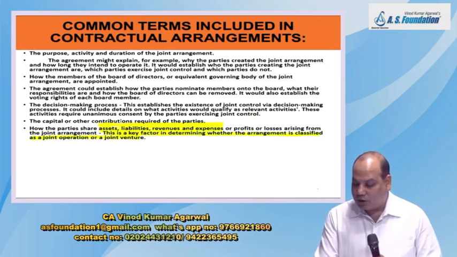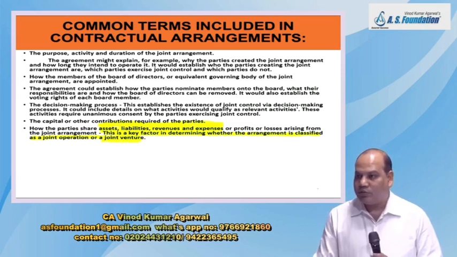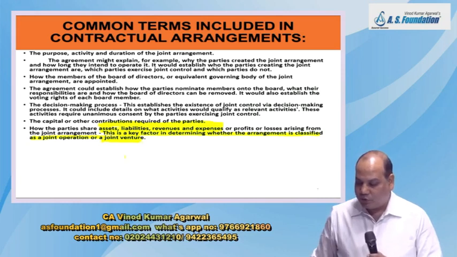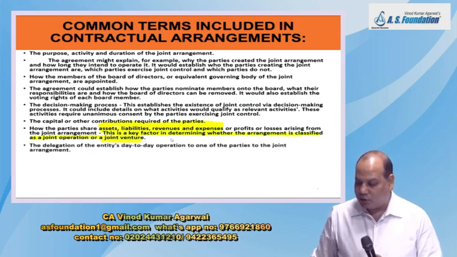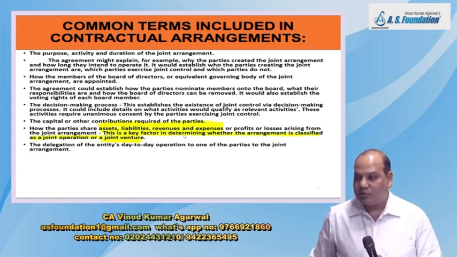But if only the net assets are separate or shared, net profit is shared, then it is more likely to be a joint venture. So when individual asset, liability, revenue, expenses can be shared, likelihood is that it is a joint operation. And when net asset or net profits are shared, there is a high probability that it is a